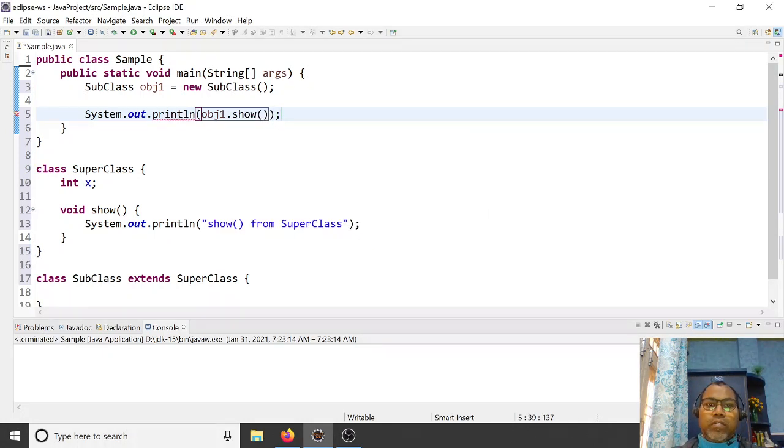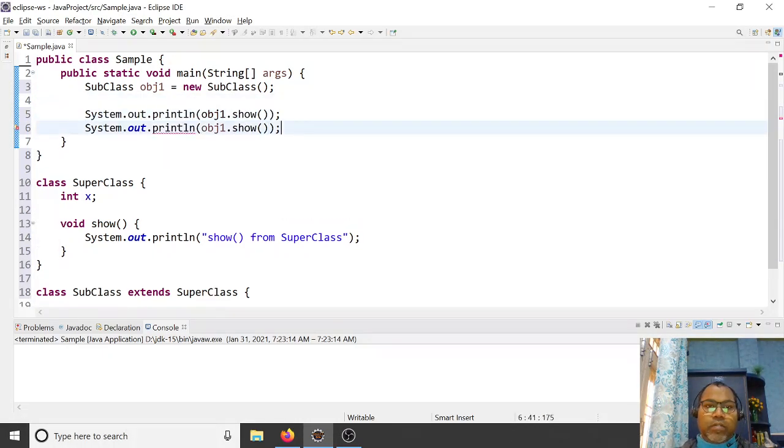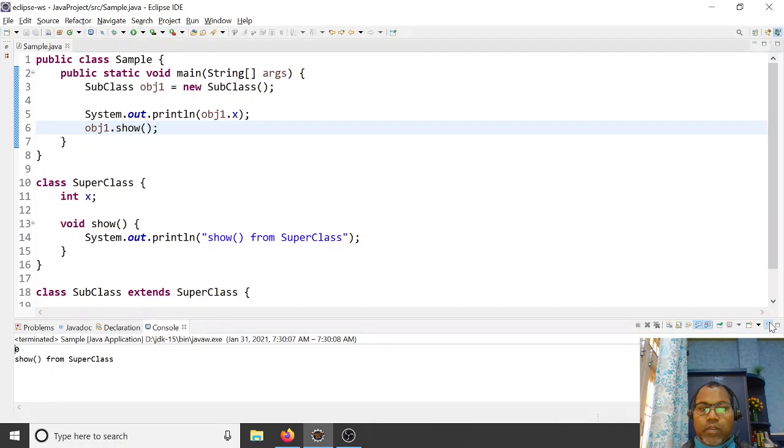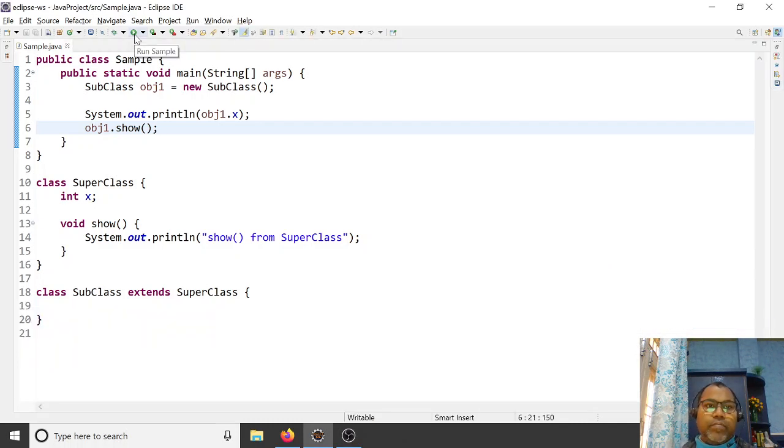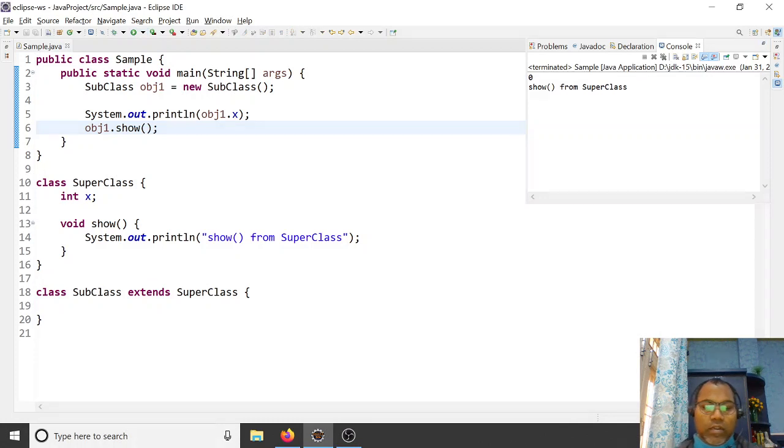The show method does not return any value, so you do not need to print it here; you just invoke it. And this way, run.